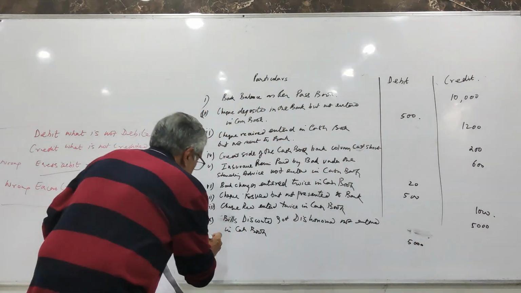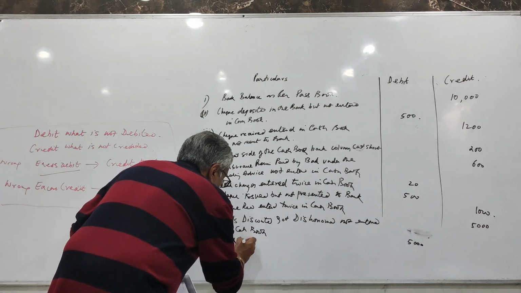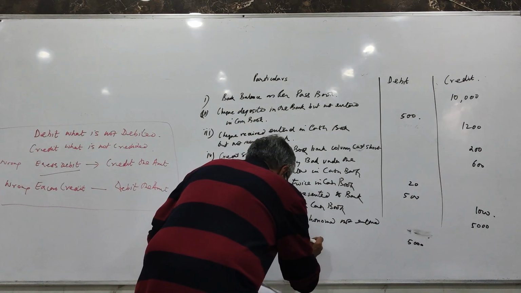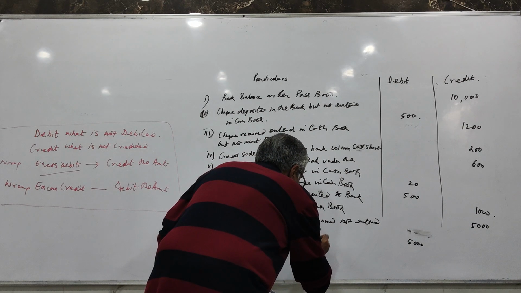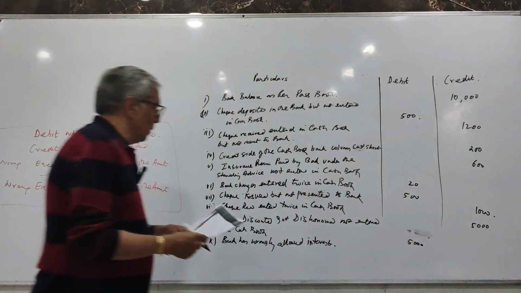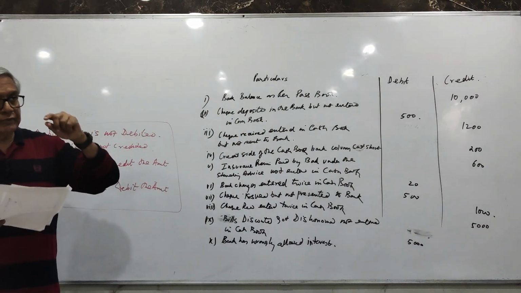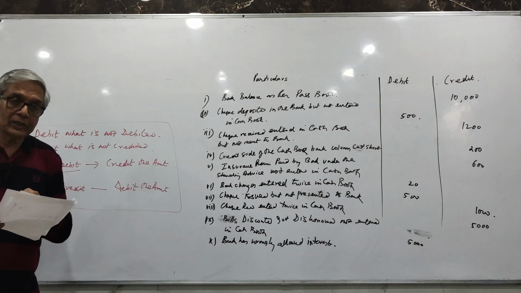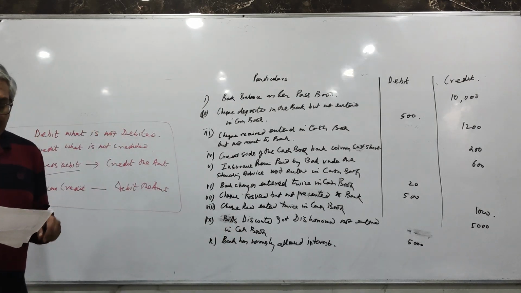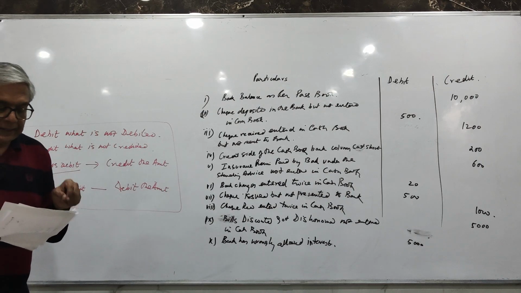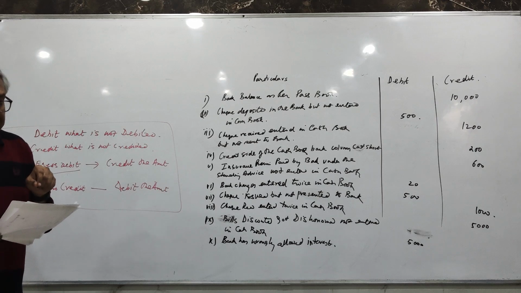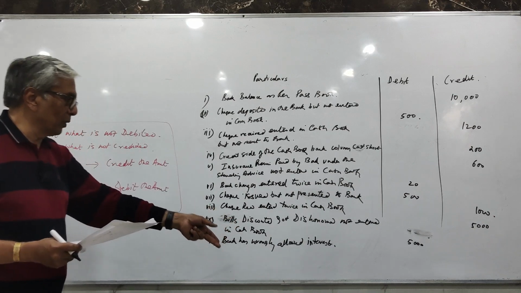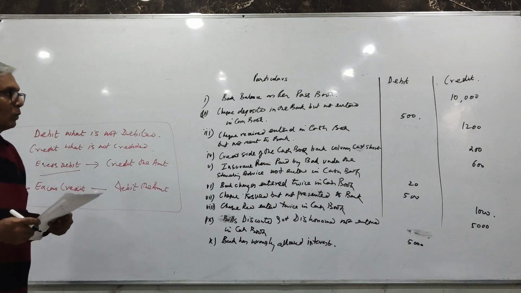बैंक हैज रॉन्गली अलाउड इंटरेस्ट ऑफ 5000 रुपीज। मैं इसके बारे में दोबारा आपको एक चीज बताना चाहूंगा। बैंक ने हमें रॉन्गली अलाउड इंटरेस्ट कर दिया, पर बैंक ने उसको रिवर्स किया 5th अप्रैल में, जबकि हमें बीआरएस बनाना है 31 मार्च का। अगर उसने रिवर्स कर दिया होता 31 मार्च से पहले, फिर हमारी कोई एंट्री नहीं आई होती। बट बैंक ने हमें गलत इंटरेस्ट दे दिया है। बैंक ने हमें रॉन्गली क्रेडिट कर दिया था। अब हमें बैंक को डेबिट करना पड़ेगा। बैंक हैज टू डेबिट द अमाउंट, सो दैट इज व्हाई वी हैव टू पास दिस एंट्री।